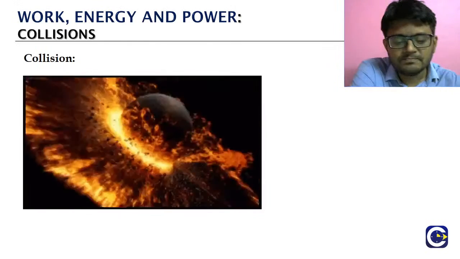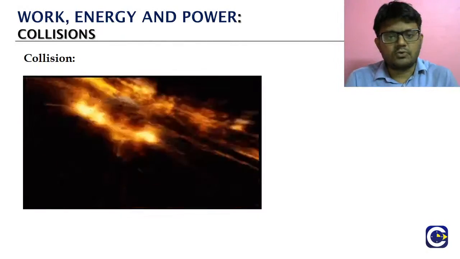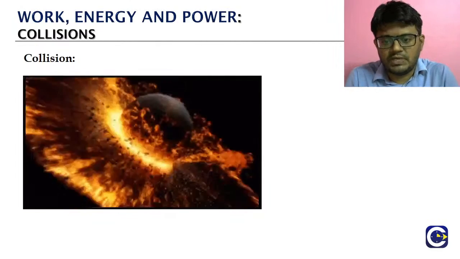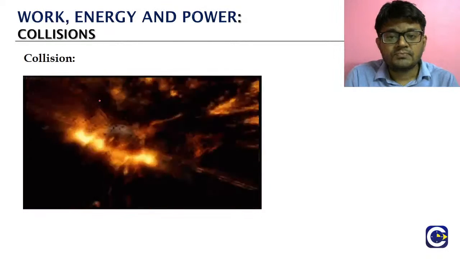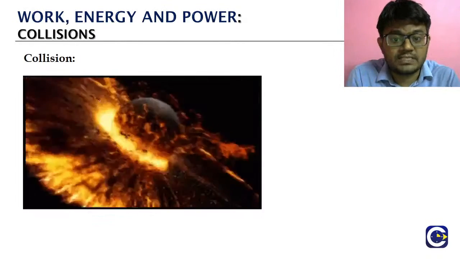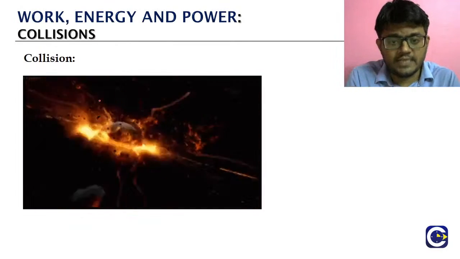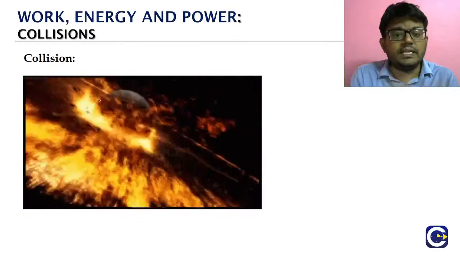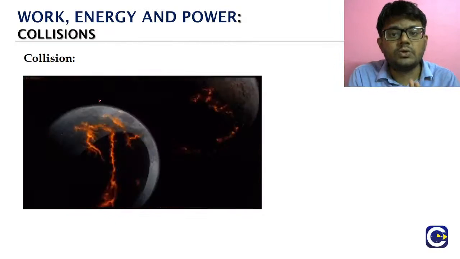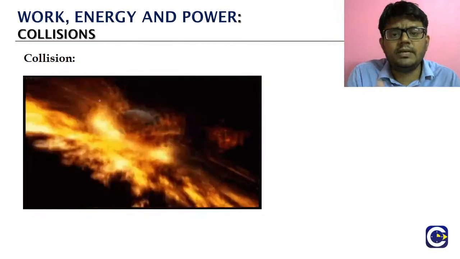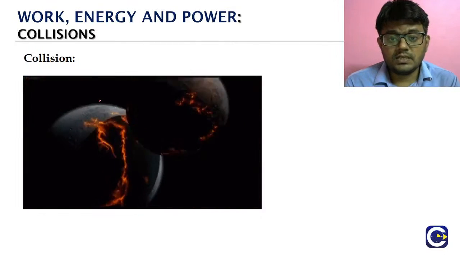The moment we hear this word collision, a lot of things come to our mind. What you see in the visualization here is two celestial bodies. Maybe that's the kind of situation that happens in the destruction of planets or any satellite or celestial body. When they hit each other, they smash into one another, and that will probably lead to complete destruction of the body itself. Okay, so this is also a collision.